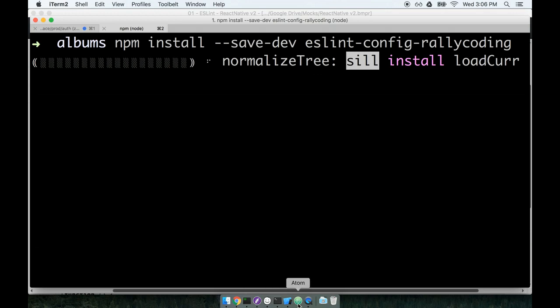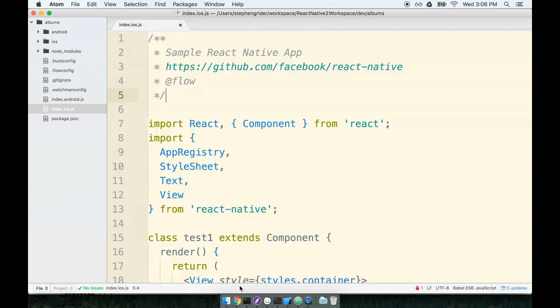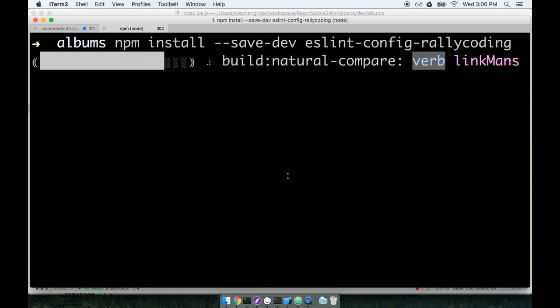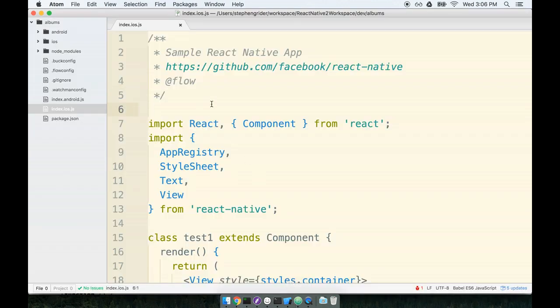And while that's going, I'll also check out my Atom preferences and just verify, okay, yep, both of them appear to have been installed successfully. So I don't need any more settings anymore, so I'll close the settings pane at the top. And I'm going to go back over to my terminal and just verify that this installation is going to wrap up here in just a second. Okay, well that's just going to take forever. So while that's going, the last step for setup that we have to do is